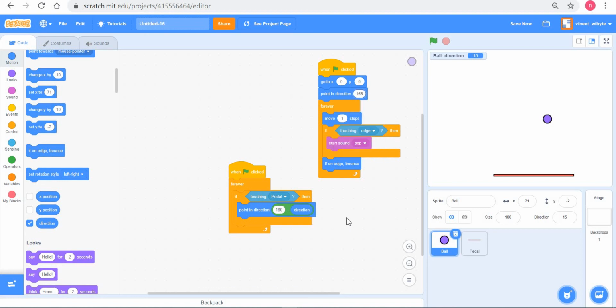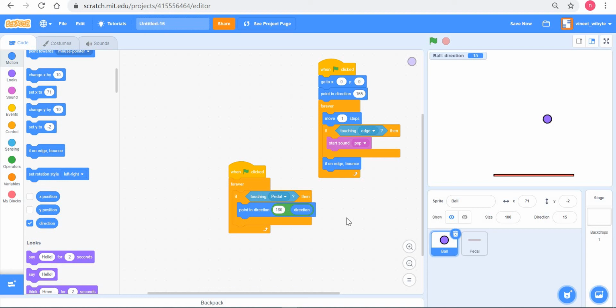And that caused the effect of the ball appearing to bounce off the surface. Now, in the brick breaking game, this is used many times because the ball bounces off the pedal and also off the bricks. And this is a simple concept.